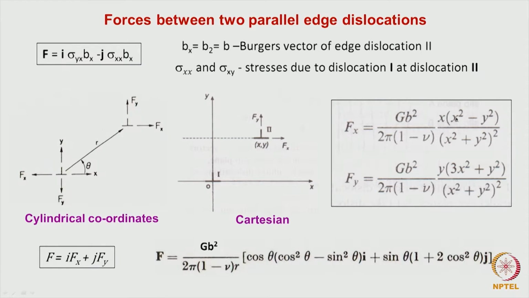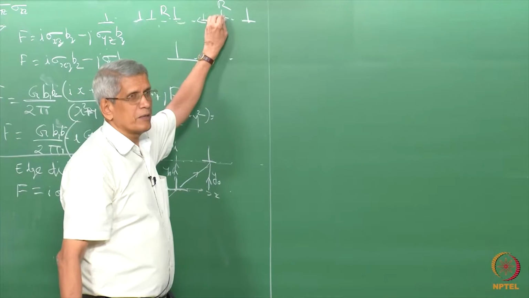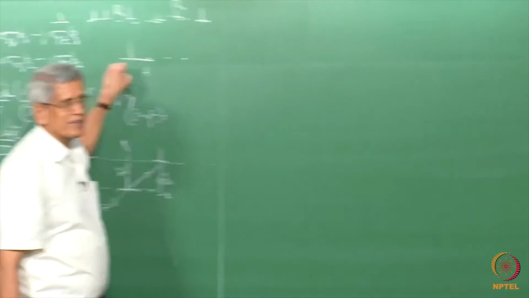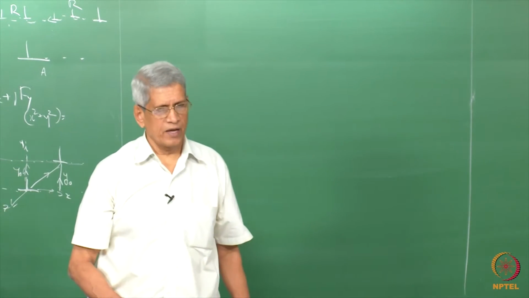Then the other case, when x and y are positive, but y is greater than x, then it will become negative, correct. So it becomes attractive. That is why, when we look at this force term, we have this sort of a force acting on the dislocation. So there are regions as the dislocations are moving in the slip plane: repulsion, then repulsion decreases and becomes 0, then it becomes attractive. What will be the consequence of this sort of a motion?